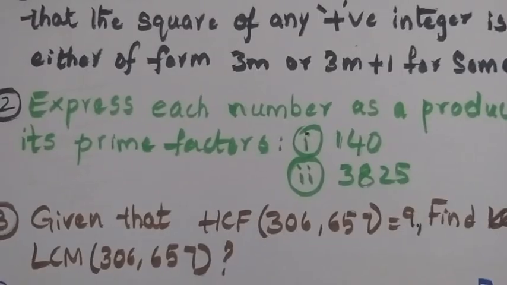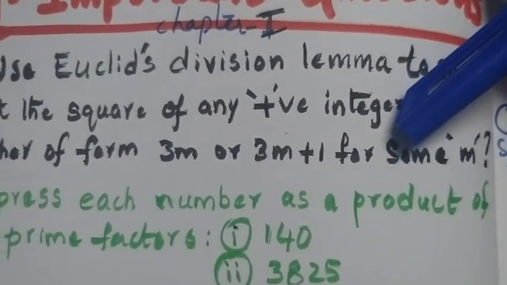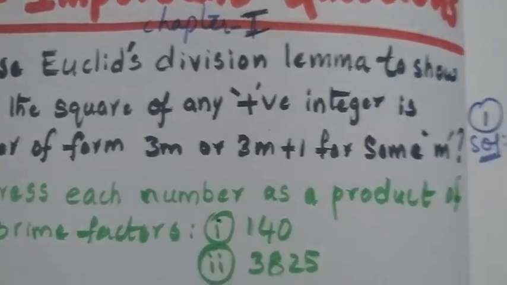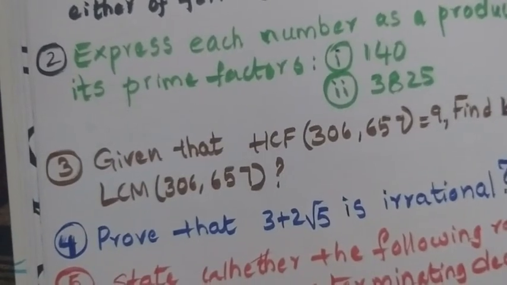Next is: express each number as a product of its prime factors. That is the second problem I am going to show here. The first one is 140 and 3825 is the second one. Second solution is,